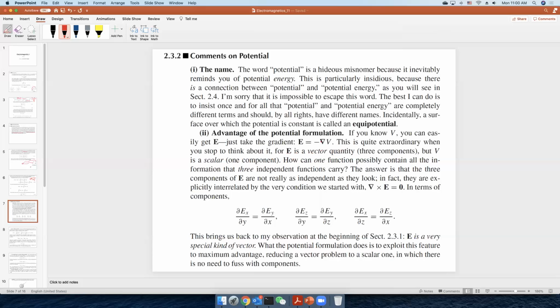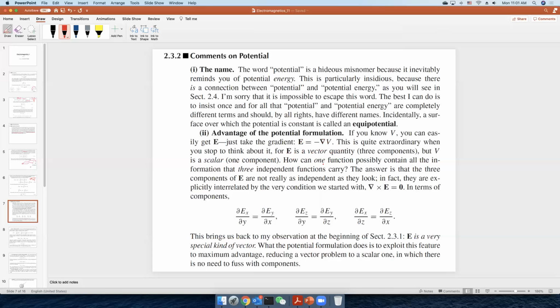So it seems like taking the gradient of a scalar gets a vector function. It seems impossible, but actually, even though E is a vector,